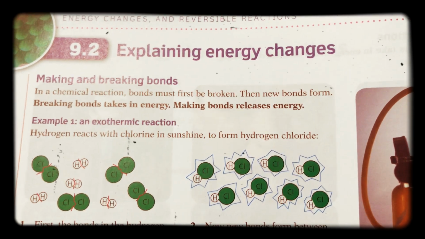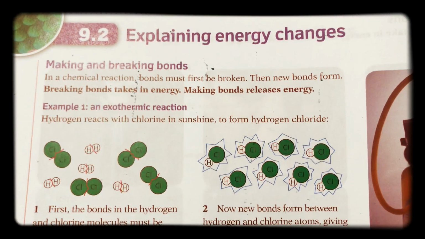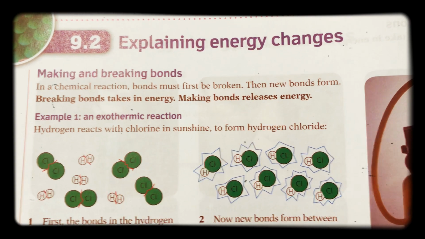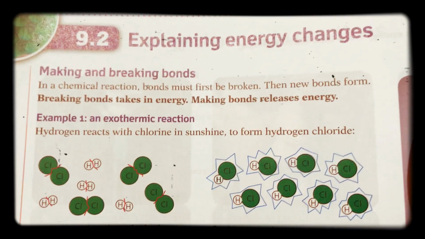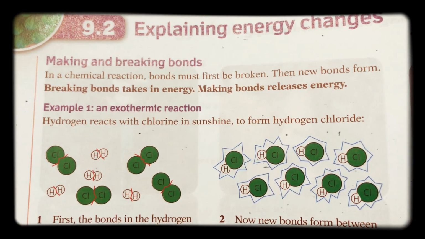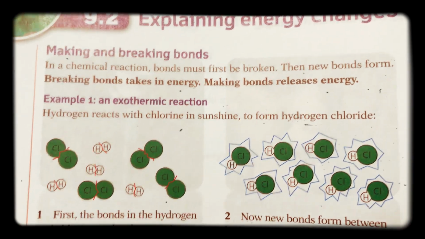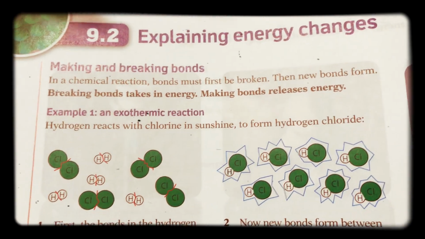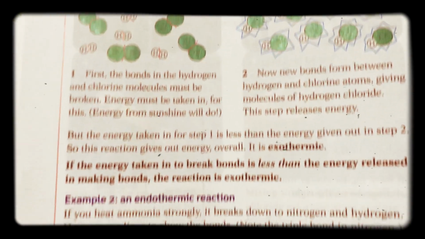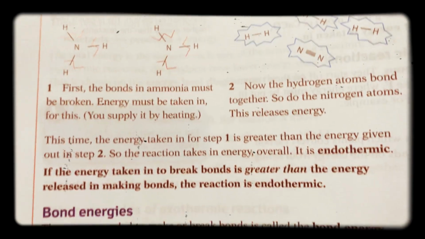Hi Year 9 chemists. This is the second lesson that I'm going to get you to look at for energy changes, and it's section 9.2 in your textbook. It should be around page 112, but look for section 9.2 because some of them are printed differently. This is one of those lessons where you'll notice that everything has a red line on the left-hand side,